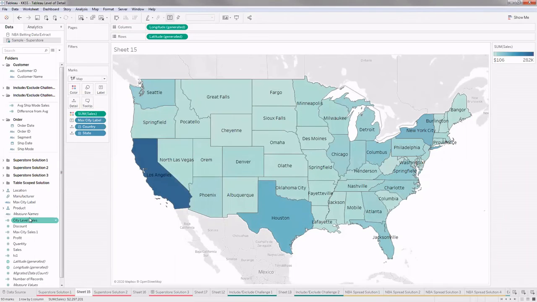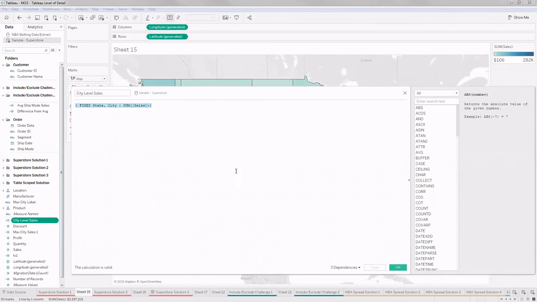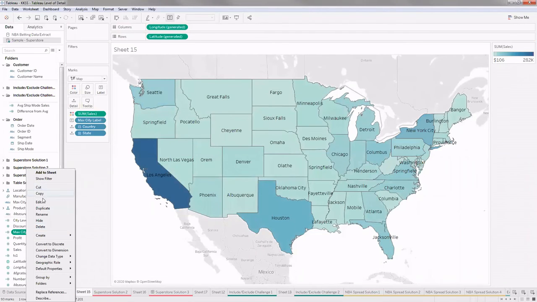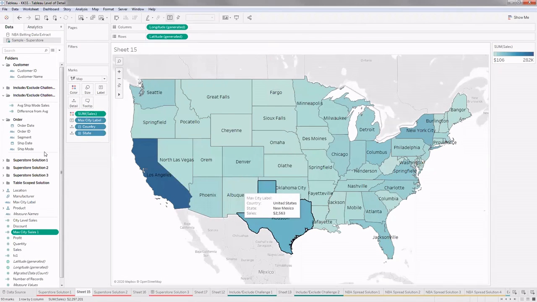So one thing to understand here is that this concept brings in something called nested LODs. Just like how we have nested table calculations, here if you remember, the first calculation that we created is itself an LOD at the state and city level, and on top of this LOD we are developing another LOD, this is the second LOD. Therefore, the secondary calculation becomes a nested LOD calculation. I hope this is clear. Stop me whenever you have a question or something. We'll move on to the next question.